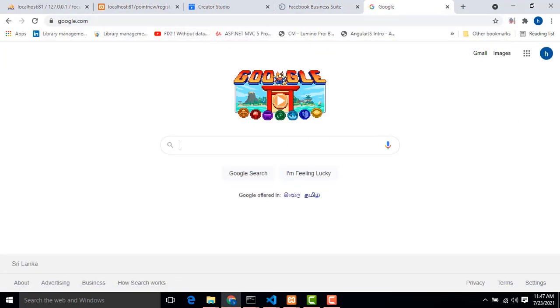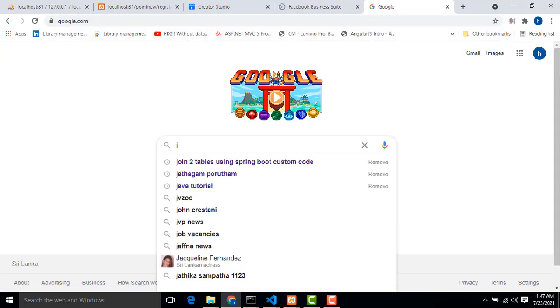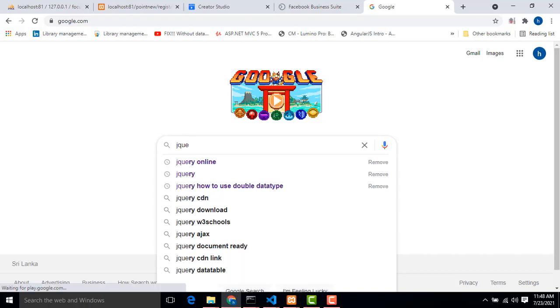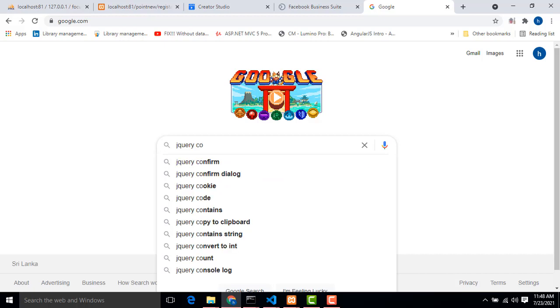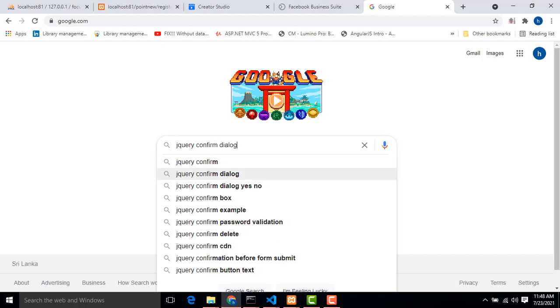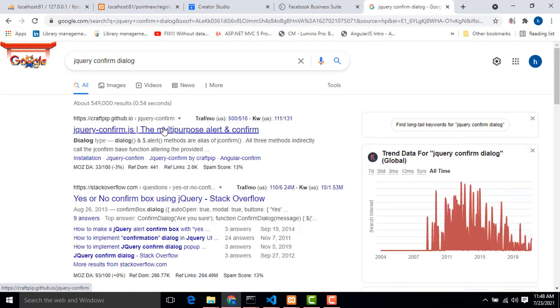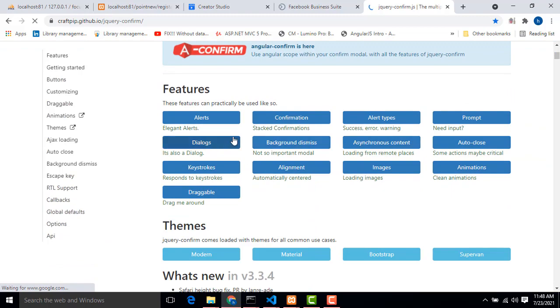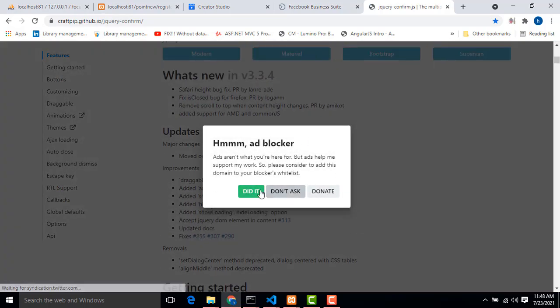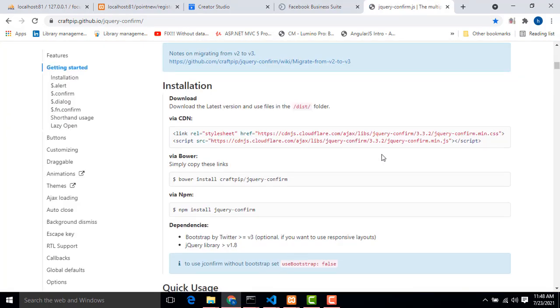Here, jQuery confirm dialog. It has a nice look. Here you can see different examples.